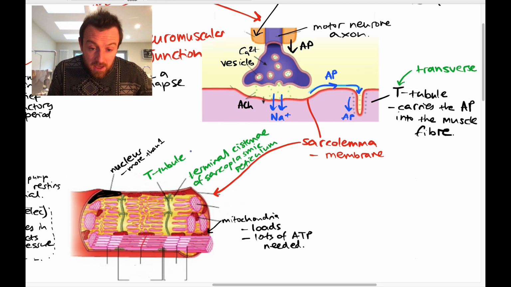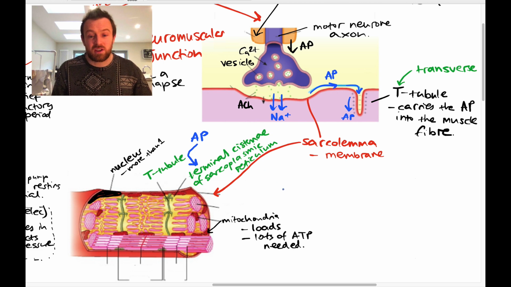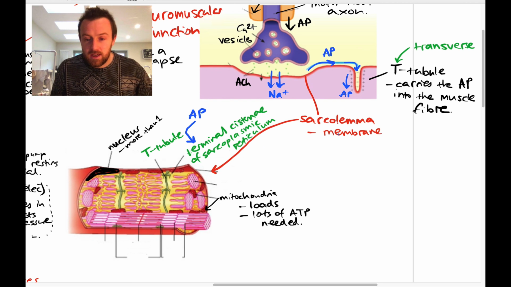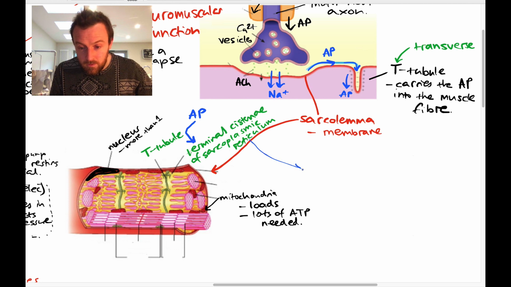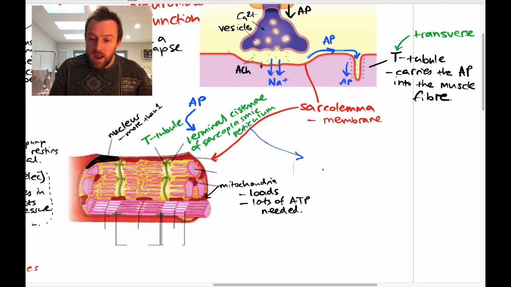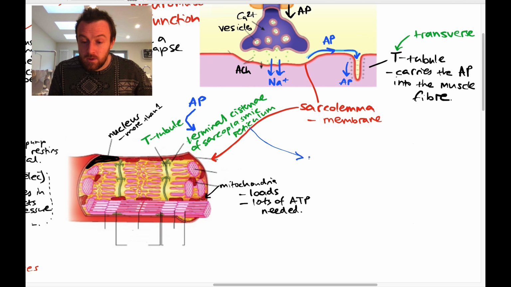Well, the AP, the action potential, arrives down the T-tubule and gets to the terminal cisternae. Okay, so forgive me, I'm going to have to cross over a line here. So, when the AP reaches the sarcoplasmic reticulum,